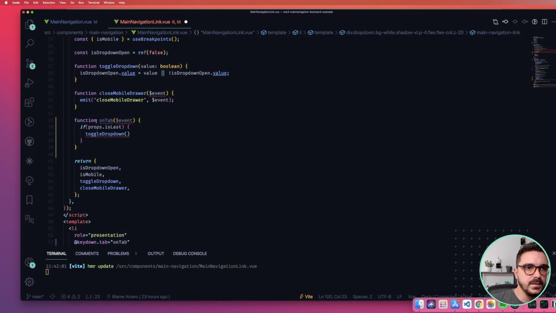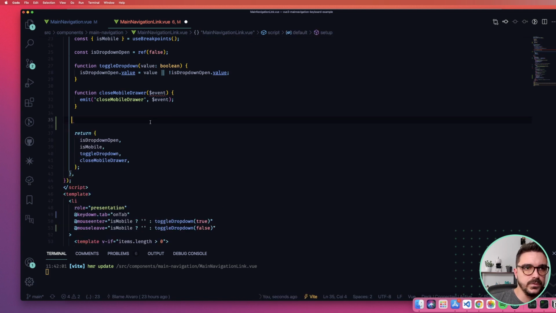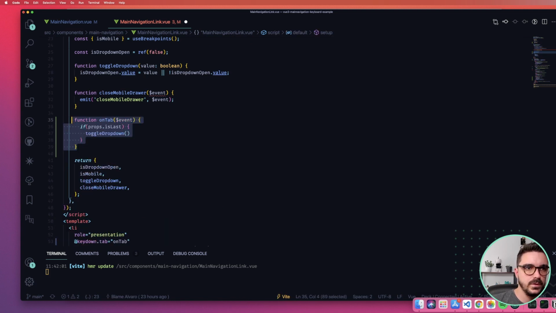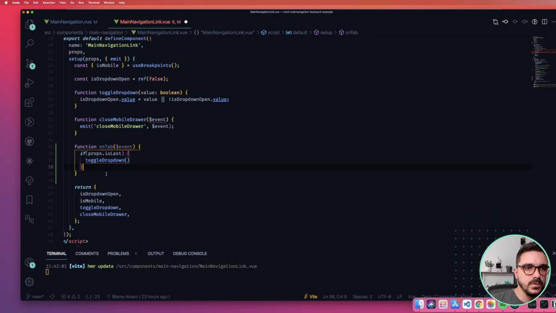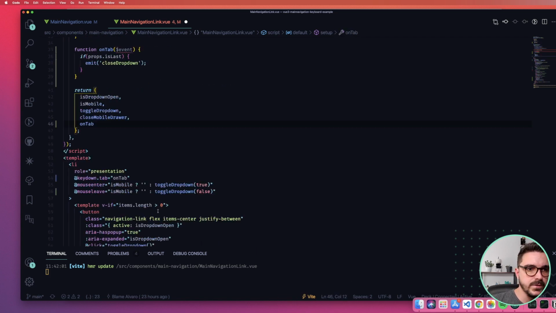So this actually goes into the same component. So here what we can do is check if prop isLast, we toggle the dropdown, no, we do animation of close dropdown, and we return this function into the template.